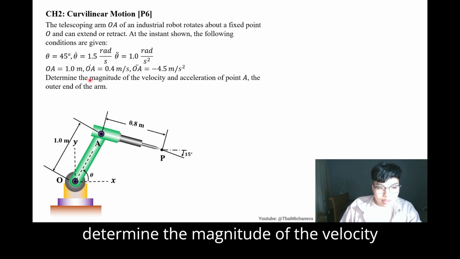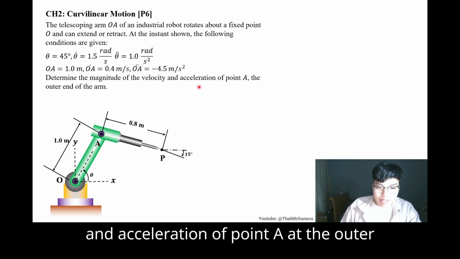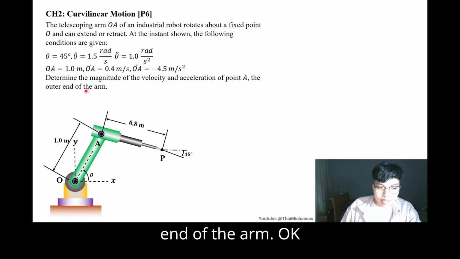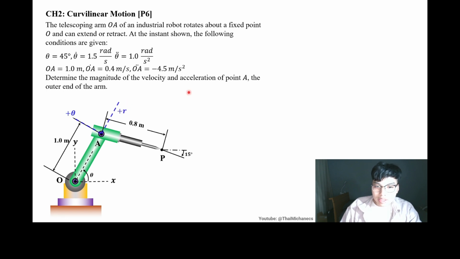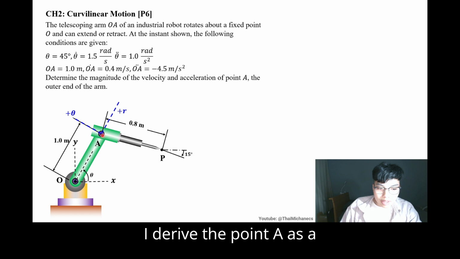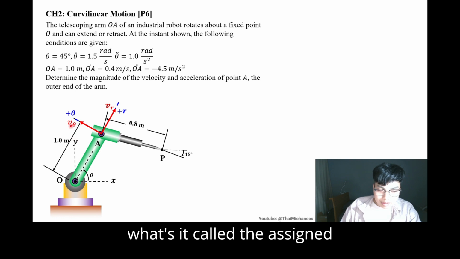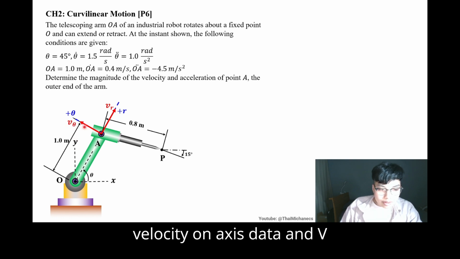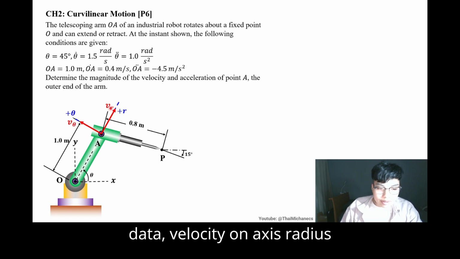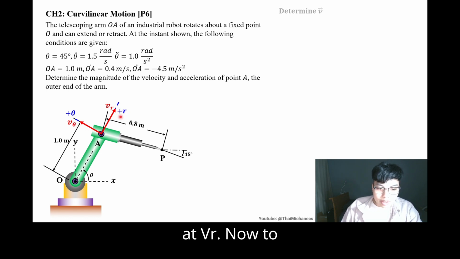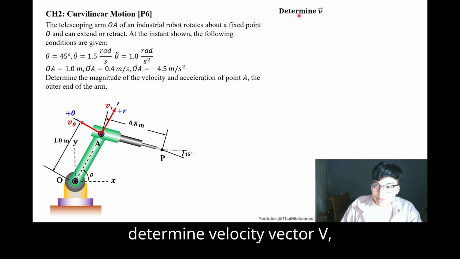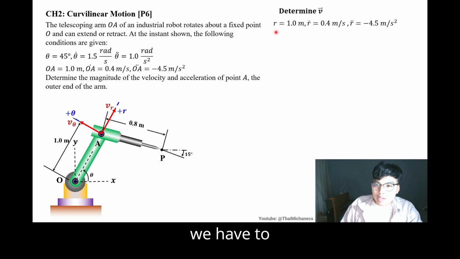The question asks to determine the magnitude of the velocity and acceleration of point A at the outer end of the arm. Firstly, I derive the point A as a reference axis as always. Then assign the velocity on axis theta as v theta, and the velocity on axis radius as vr. Now to determine velocity vector v, we have to